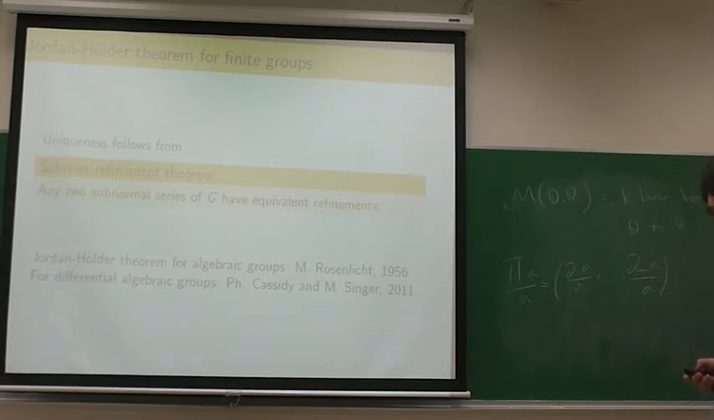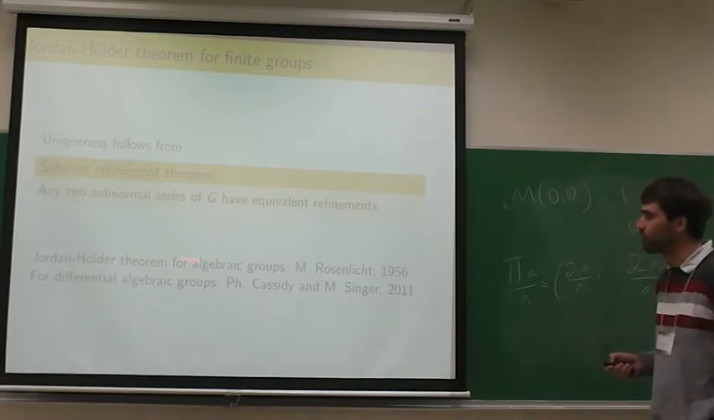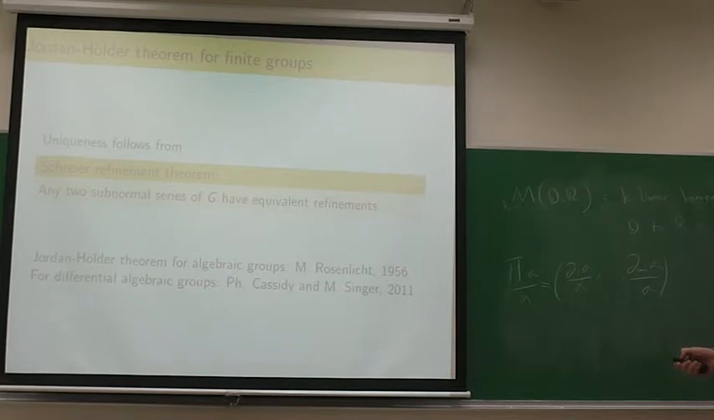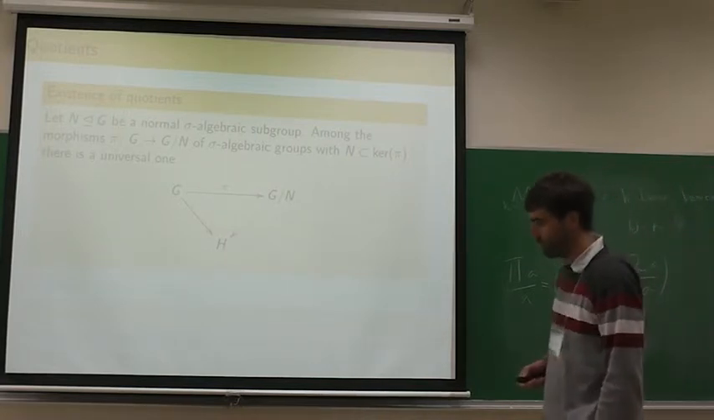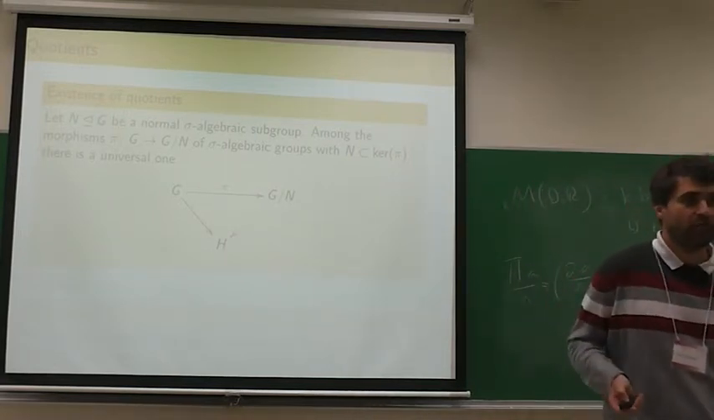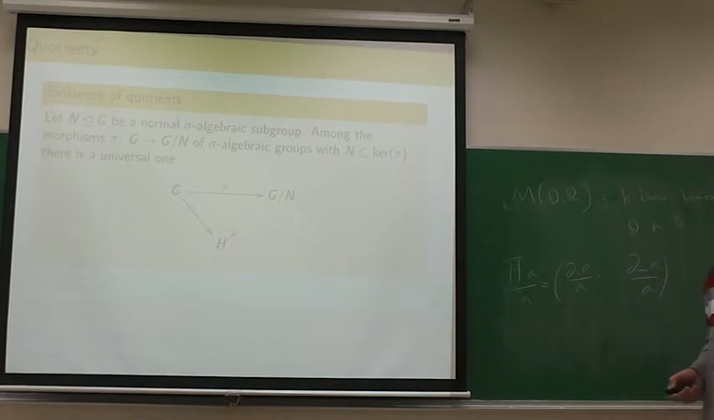And I should say that the Jordan-Hölder theorem for algebraic groups was proved by Rosenlicht, and the Jordan-Hölder theorem for differential algebraic groups was proved by Cassidy and Singer in 2011. But before we can even look at the formulation of the Jordan-Hölder theorem for difference algebraic groups, we need to discuss some more notation and results on difference algebraic groups, because even in the statement you have these quotients occurring, so we need to